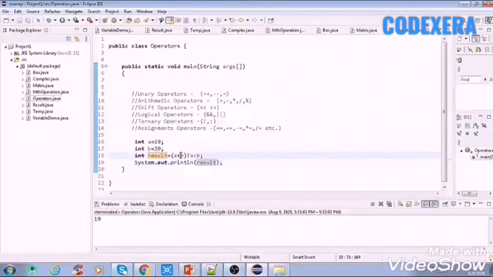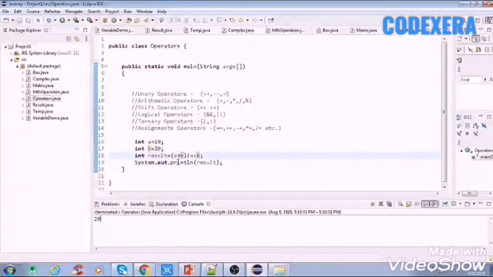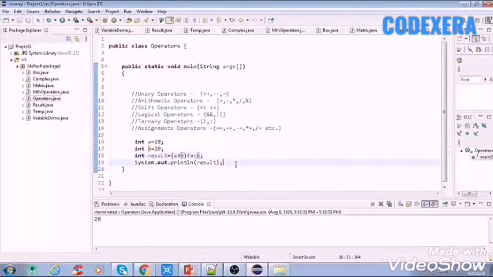If we write A is greater than B, then it will print something else, that is 20. So here it will check that if A is greater than B, then it will print B, otherwise it will print A. So this is the use of the ternary operator in Java.